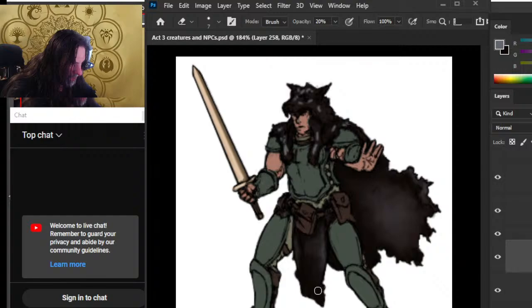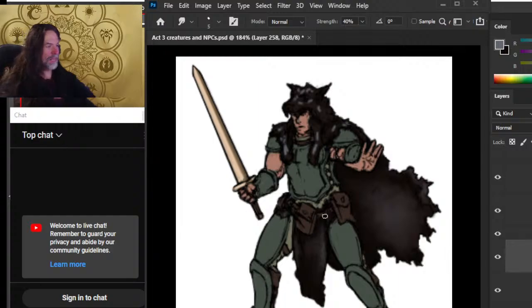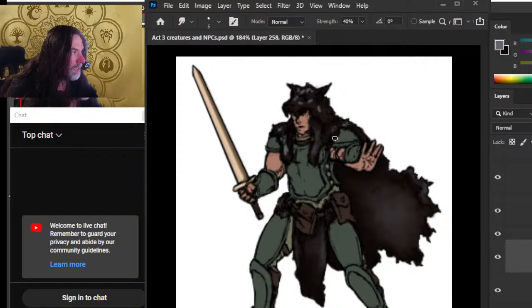30 or 40-ish% eraser to cause that highlight to fade out a little bit as it moves further down the tabard. And then we're adding in highlights here, like that.